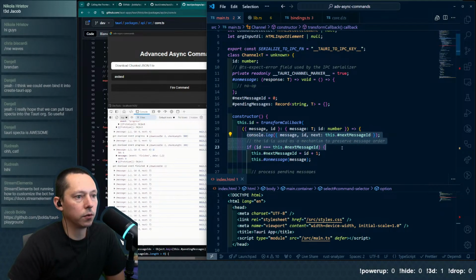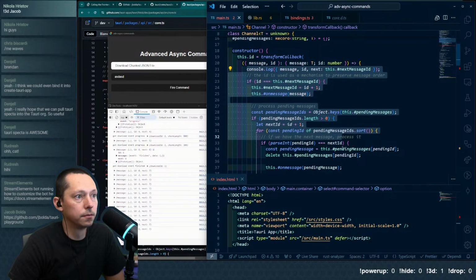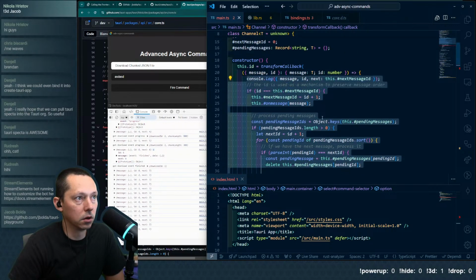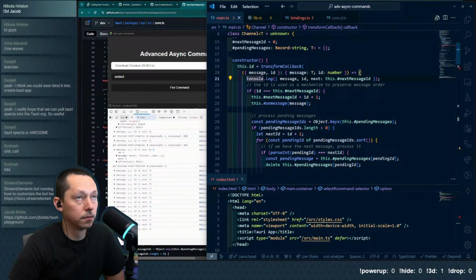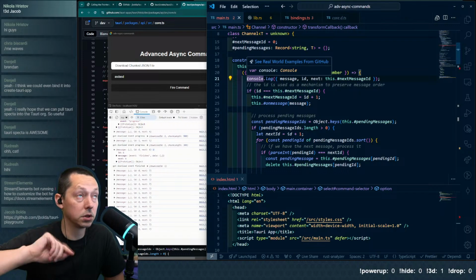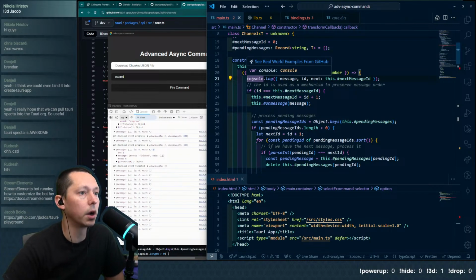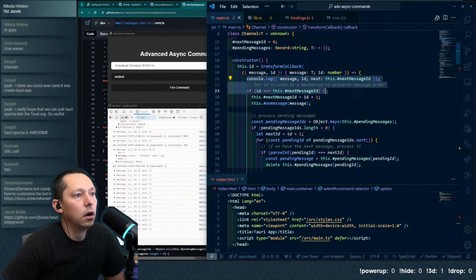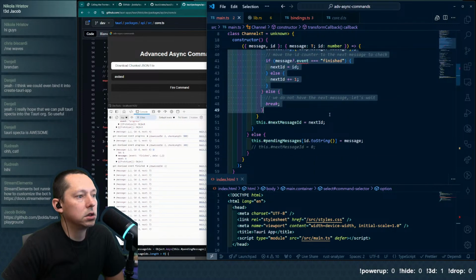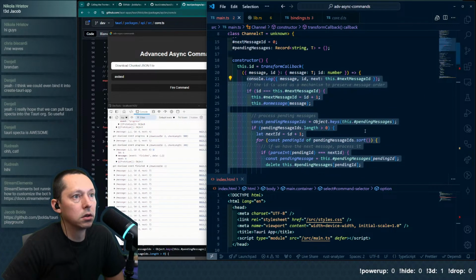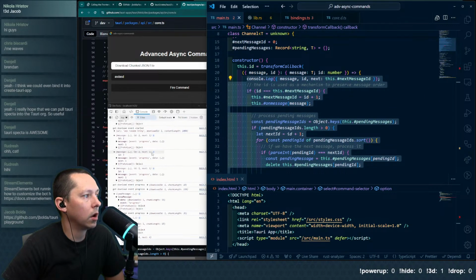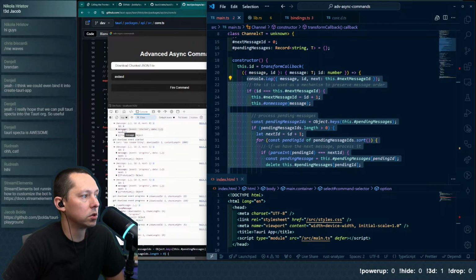Now, every time we fire off a message to that handler, which eventually hits this callback, there we go, it's doing this. And we are logging out every time we receive that message. So we're getting a started and then we're getting progress events.